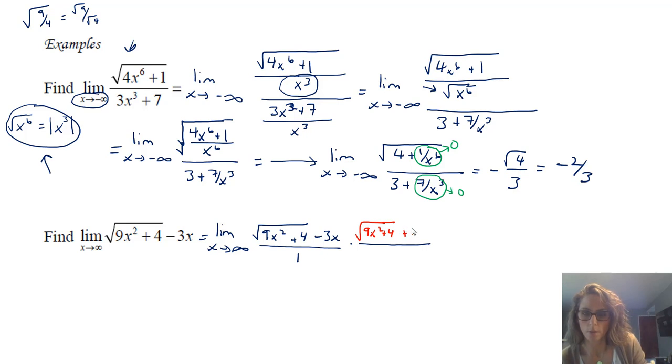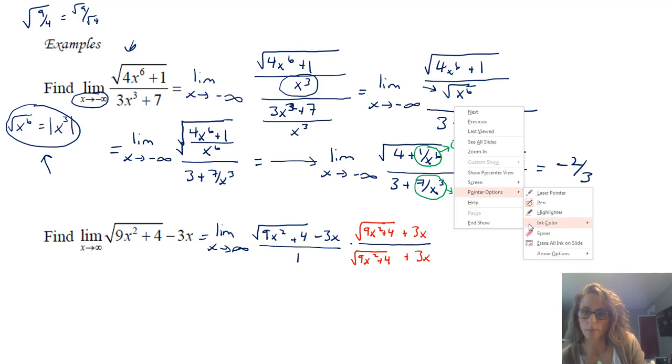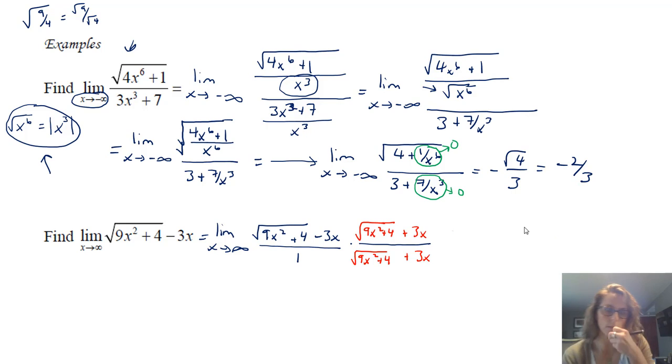So what you can do with these problems is, if you want, you can write out what you have and then pause it and see if you can do the multiplication. That's what I would have done in class, is have you try that out and multiply it and see what happens. Because the reason that we have to do this is, if you were to just put in infinity right now, you'd get 9 times infinity squared plus 4, and then you'd subtract the square root of that, subtract 3 times infinity. You're basically seeing infinity minus infinity, and that's not a thing. That's not 0, and it's not infinity.